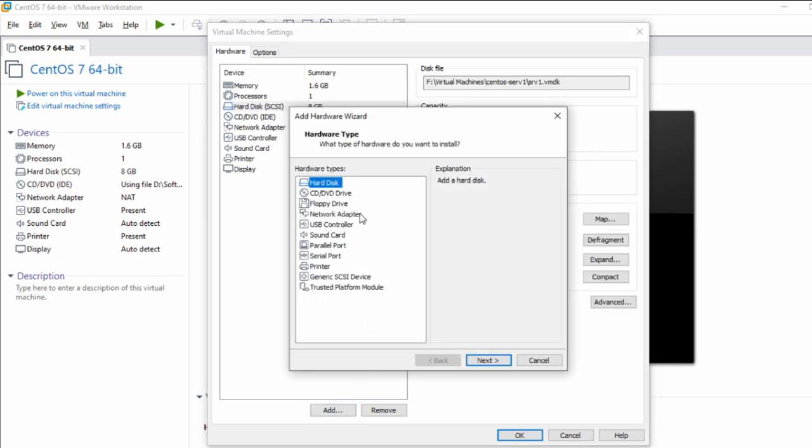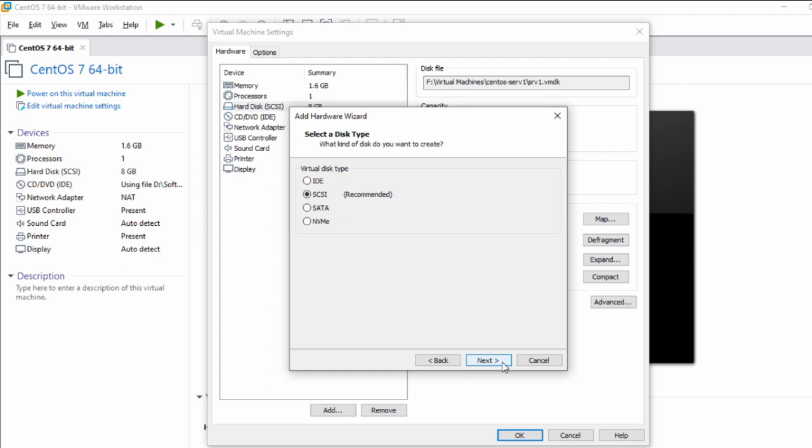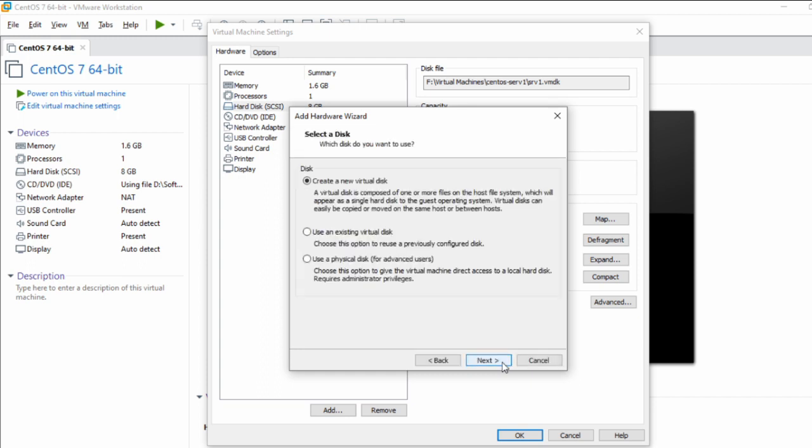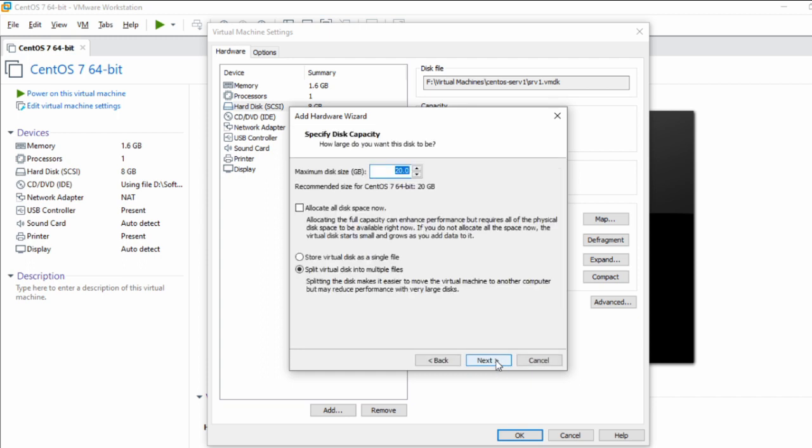These are the hardware that can be added right now, and I want a hard disk to be added, so I click on hard disk and click Next. You can set it as recommended, it's fine. Create a new virtual hard disk. In this section you need to store this virtual hard disk as a single file. That's the best option. You click on Next